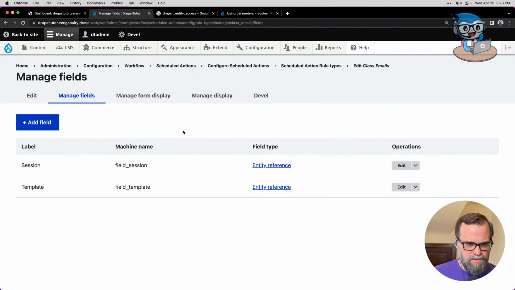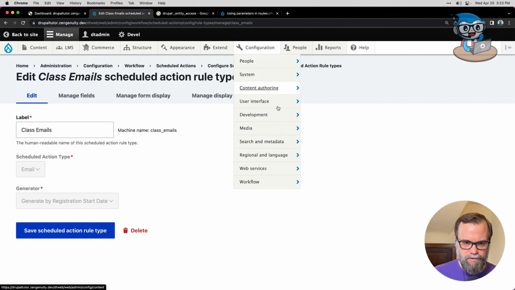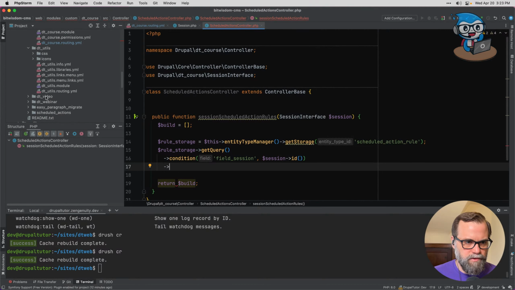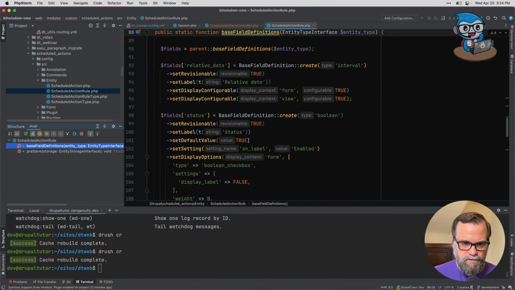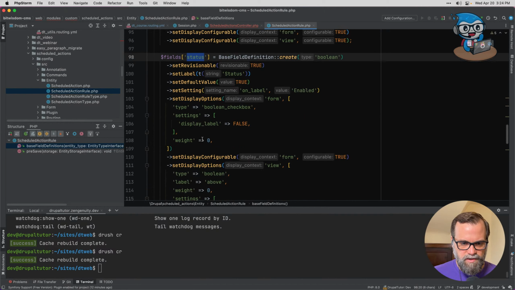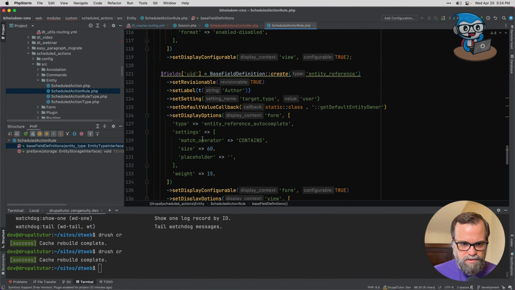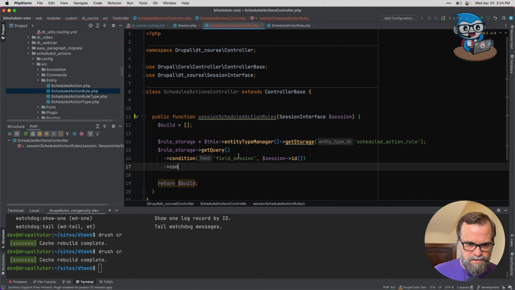And I have some kind of status on this, don't I? Like on these can be enabled or disabled. Let's see, we can look in the code because I think it's a base field. So let me just confirm that. Base field, we have a status, and the status is a Boolean, so we just want status is 1